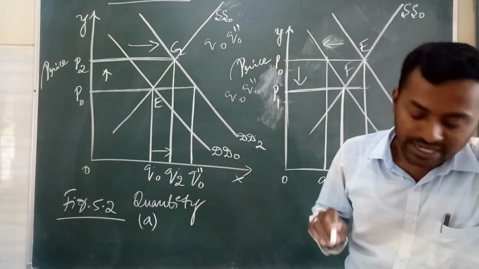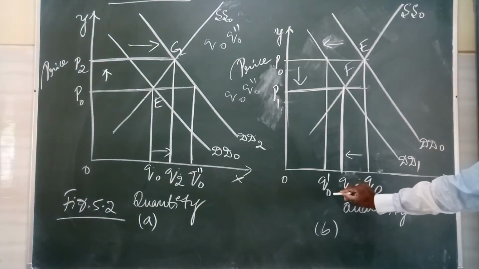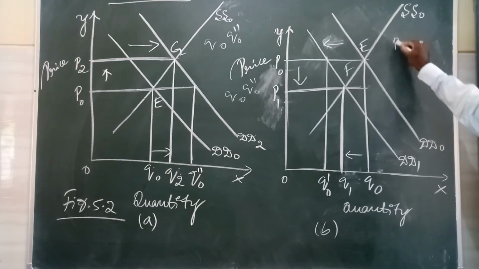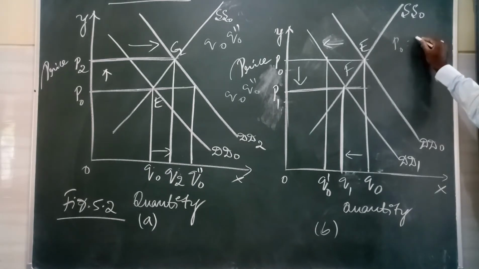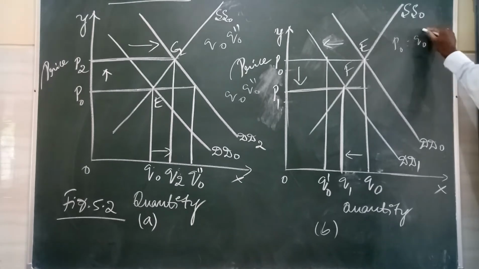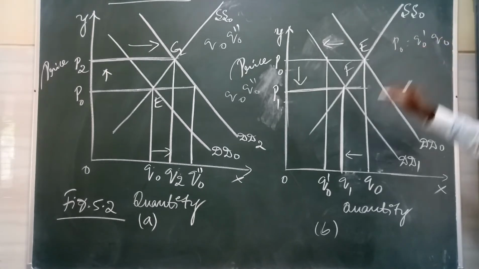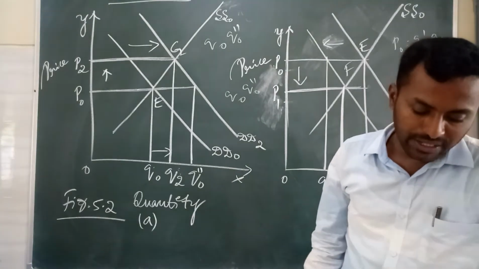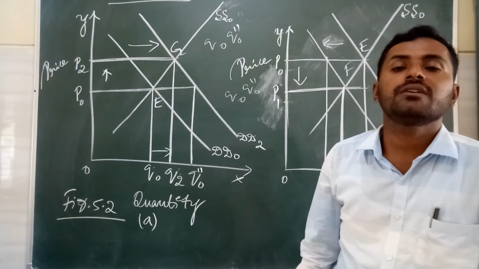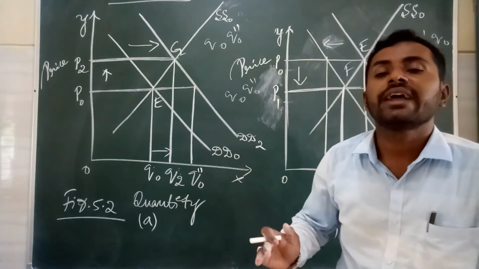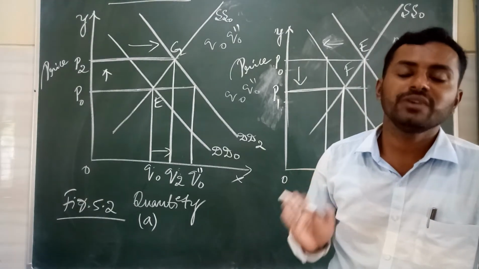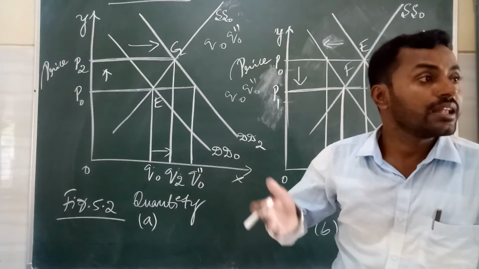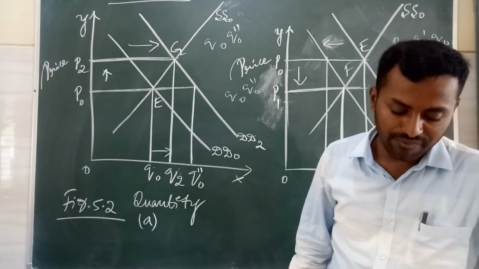That is, in the market the quantity Q0 dash is equal to Q0. At the initial equilibrium price P0, if the quantity is Q0 dash, not Q0, then there will be excess supply. In response, the firms will reduce the price of their commodity so that they can sell the desired quantity level of output.